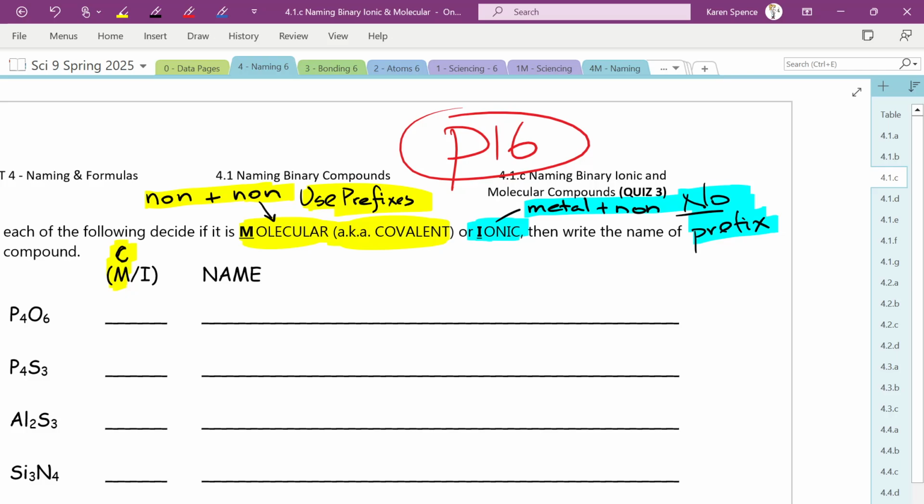Thank you for catching that. Okay, so now, if it's the first one, you don't use a prefix, but if it's on the second, you do. All right, and then I can do quiz 3, which is